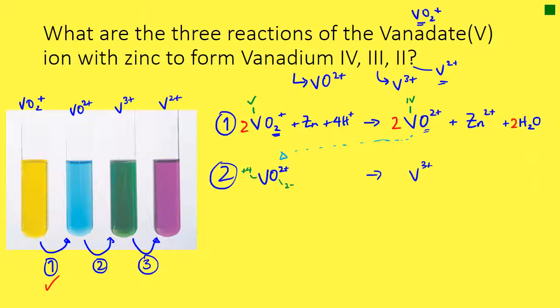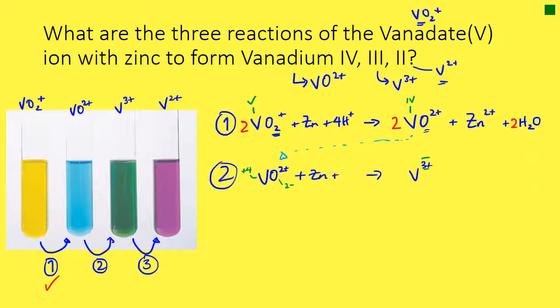And the oxidation number of this is easy because it's just +3 as written there already. So we are reducing the vanadium in VO2 plus from 4 to 3. So we need something that is going to be oxidized, which is also known as a reducing agent, of course. And that's again our zinc,